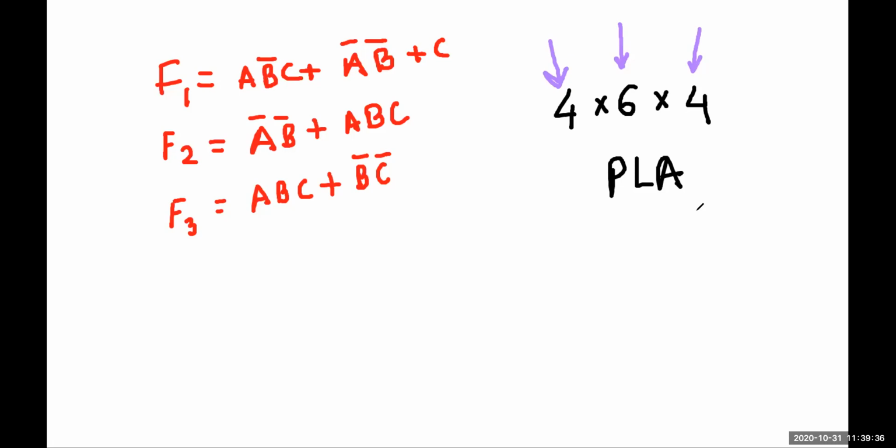Got my point? So this will be your homework for today. Tomorrow you have to show me. If you fail to show me, your 2 marks will be gone. Remember, you have to try. So 4 into 6 into 4 PLA. This is the specification of your IC. You have to use these to design this. Understood, everyone? Now 4 is your number of inputs, 6 is the number of AND gates, 4 is the number of outputs. That is OR gates actually.